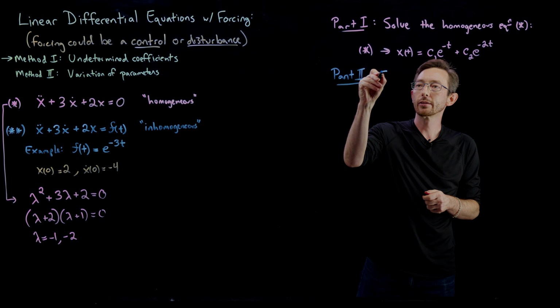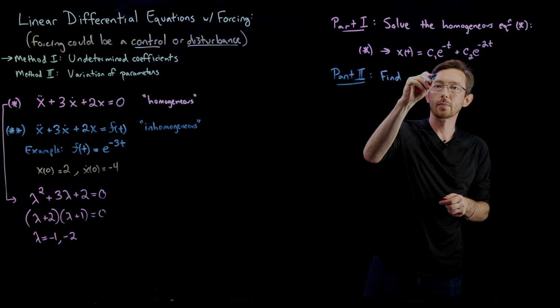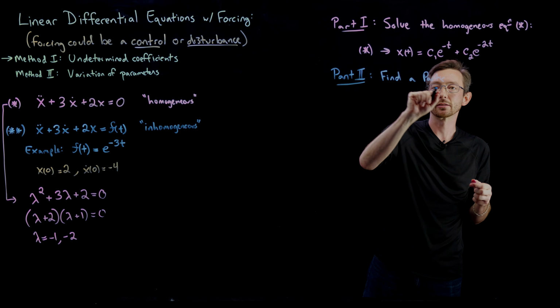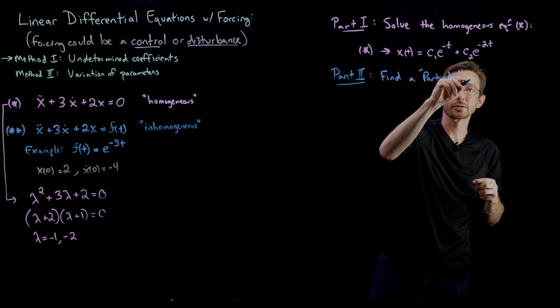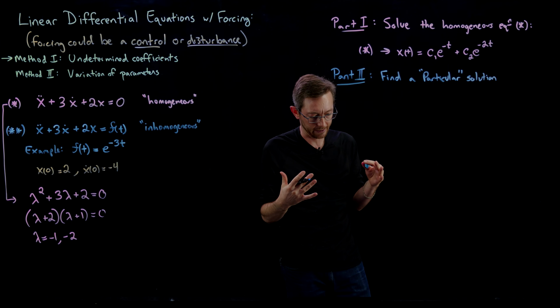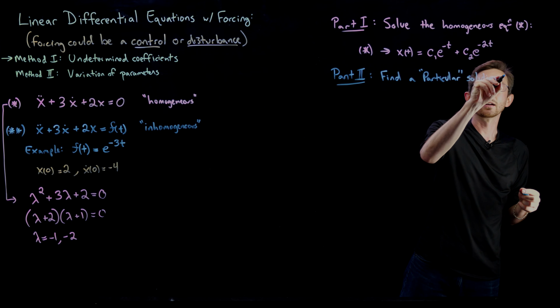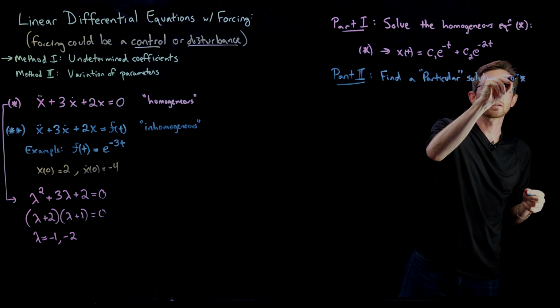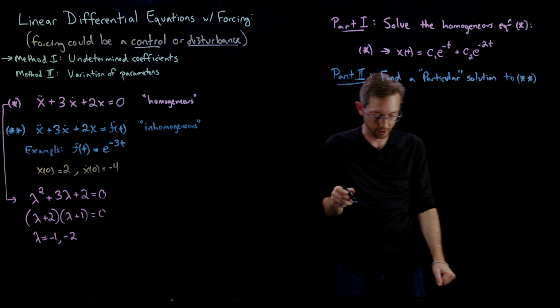So now what we're going to do is find a particular solution, and this is literally called, it's not just a particular solution, it's called the particular solution. That's what it's called in math. And I'm probably going to call this x subscript p, the particular solution to the double star equation,